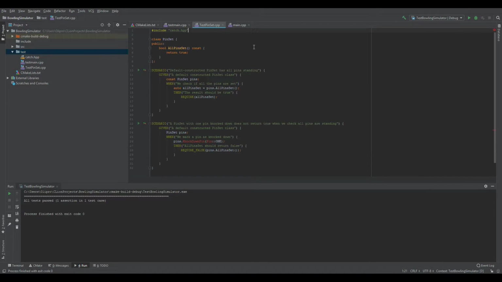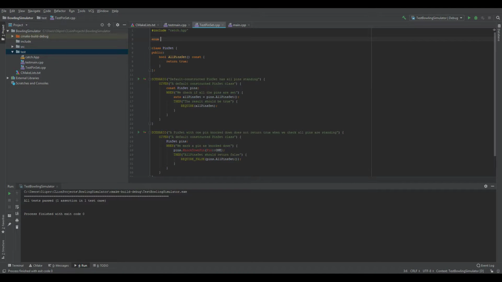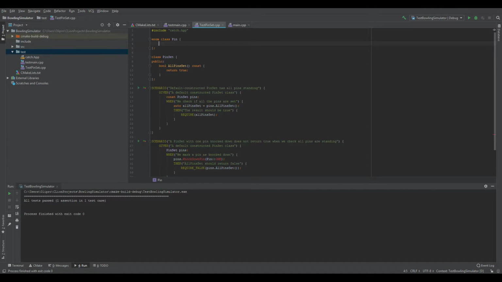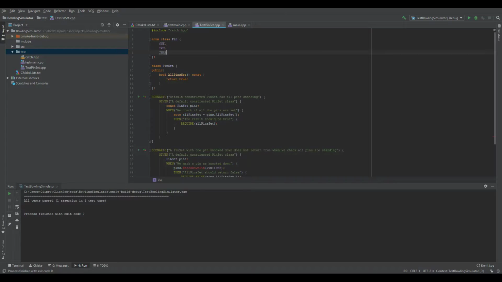So the first thing obviously is to make it compile. So I'm going to declare my enum now. We're going to use an enum class, of course. Strict typing. Pin. And obviously it'll be 0 base. So we'll say 1, which is automatically 0. If you want to be explicit, you can do 1 equals 0, but that looks a bit weird. So we'll just leave it with just 1. So 2, 3, 4,